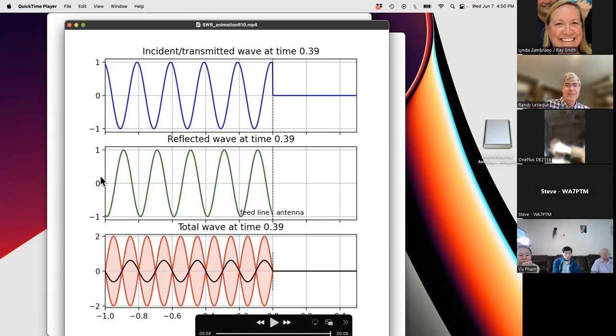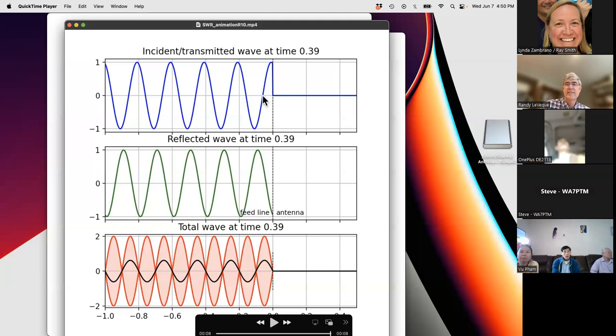And that's very bad because all of that energy goes into your radio and might fry it. So you definitely don't want that situation. But what's shown down at the bottom is a sort of combination of these two, because what's really happening in the wire is there's the wave that's